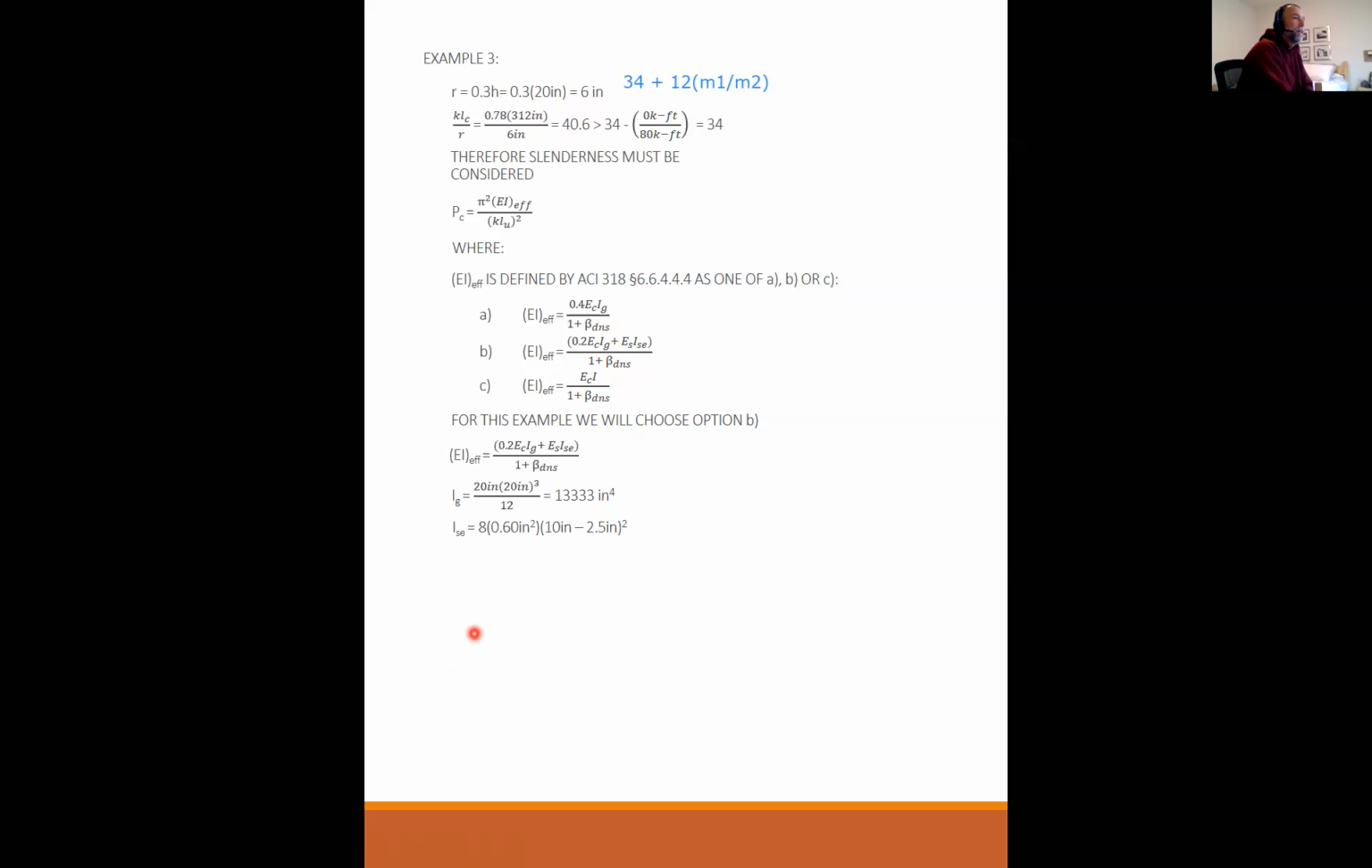Ise is the moment of inertia of the pattern of rebar. So it's not the moment of inertia of one rebar about itself. That's basically nothing. It's the moment of inertia of the pattern. So you have to use the parallel axis theorem. And when you have an 8-bar pattern,